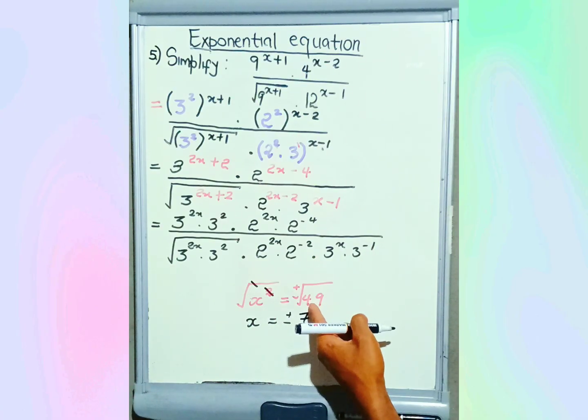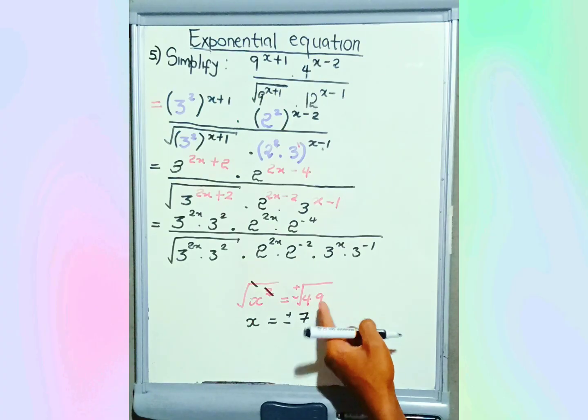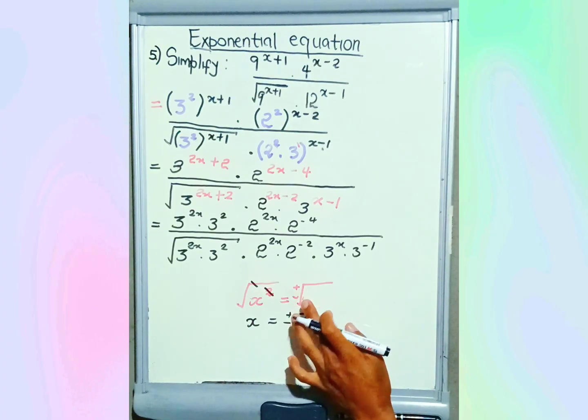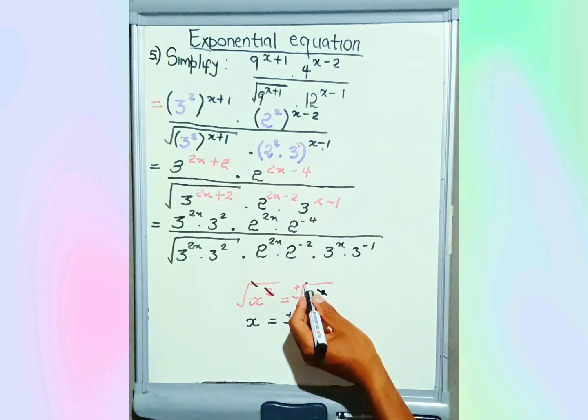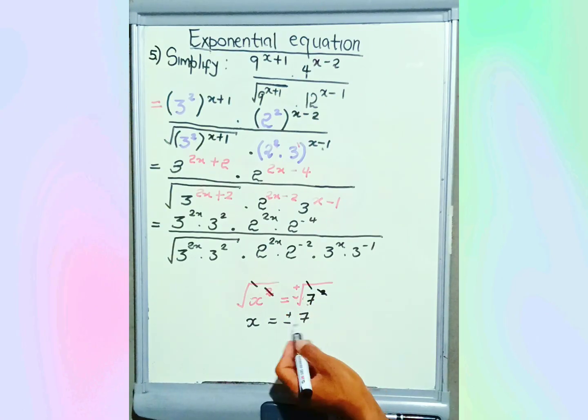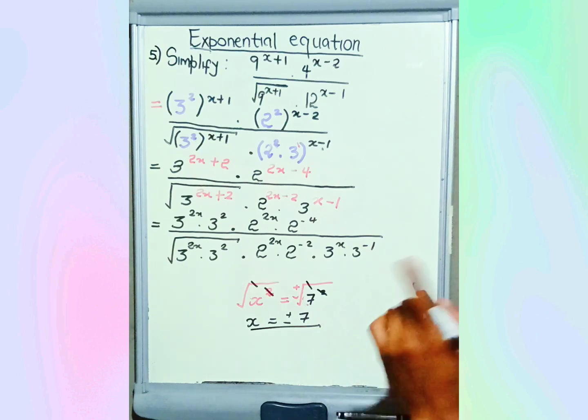Do you see that? The square root of 49. Then 49 is the same as 7 squared. Okay? Therefore, this one cancelled, also this one passes. The answers can be plus or minus. Okay? Then do you see that? That means that